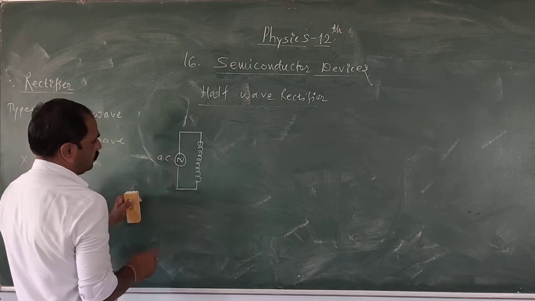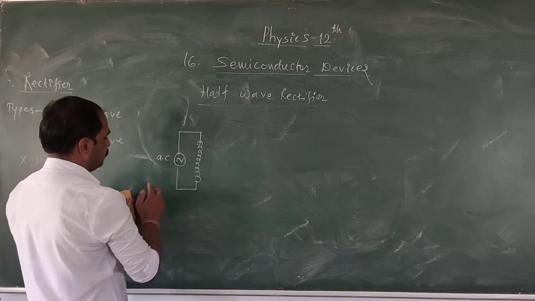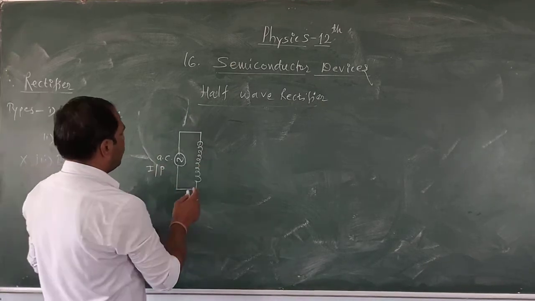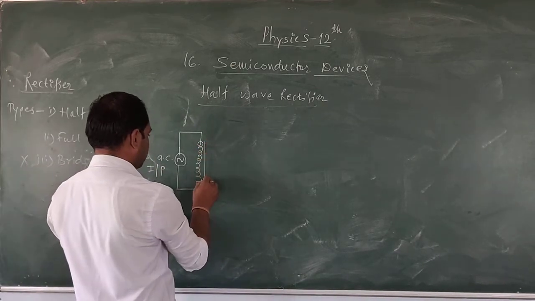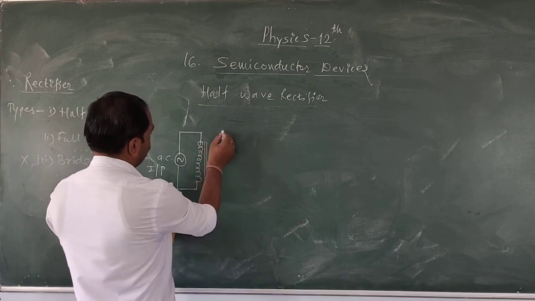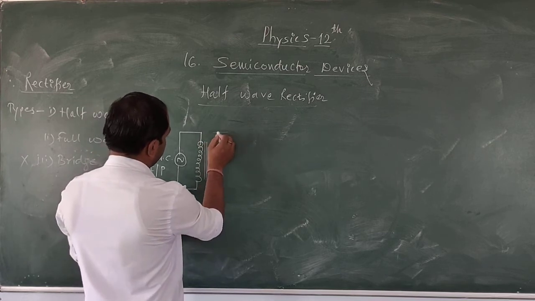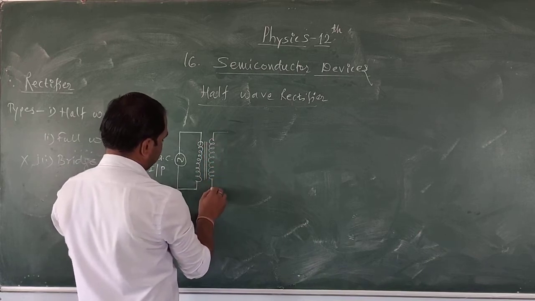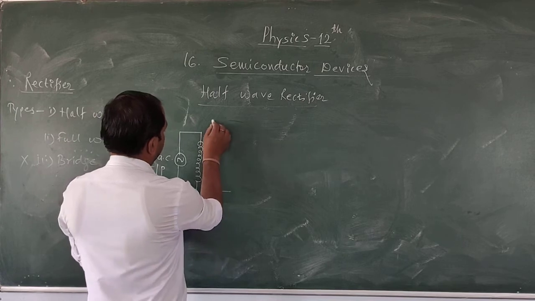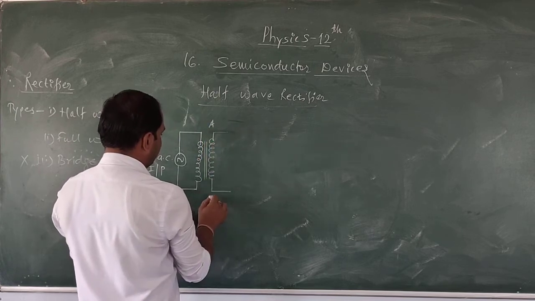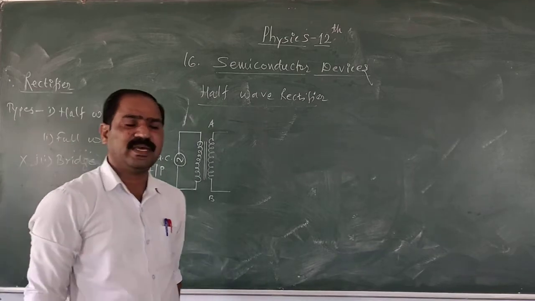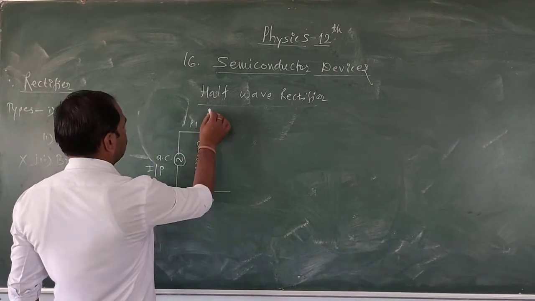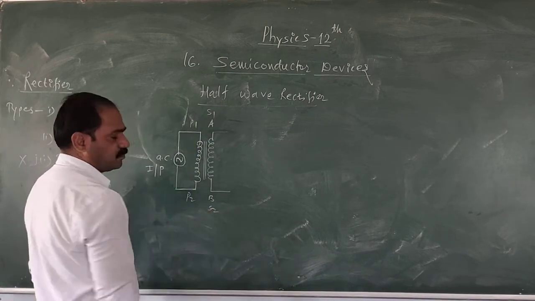AC, ये वो आपका इनपुट साइड, और ये वो आपका ट्रांसफार्मर. So this is the secondary terminals of this transformer. Secondary terminals. So this is A terminal, this is B terminal, और P1, P2, S1, S2 ऐसे भी ले सकते हो. This is P1, this is P2, this is S1, this is S2.